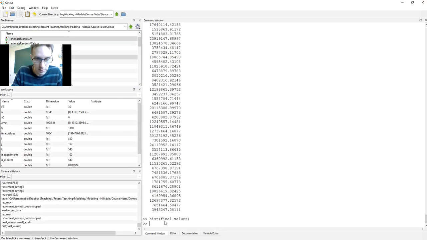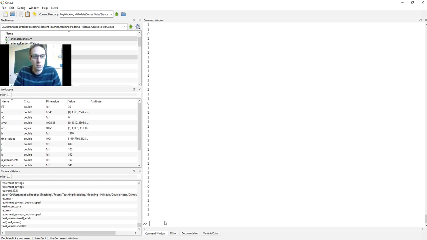So another way we can do this is our goal was 2.5 million, right? So we can actually use conditional statements to count things up for us. So for example, if you type final values greater than 2500000, so that's 2.5 million, notice it gives you a matrix of ones and zeros, where the ones represent the true values and the zeros are the false values. So if we actually met our goal, we'll have a 1 here, and a 0 would correspond to failing our goal. And so if we add that up,